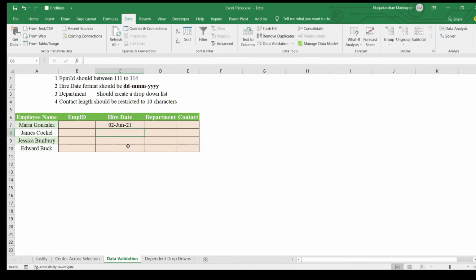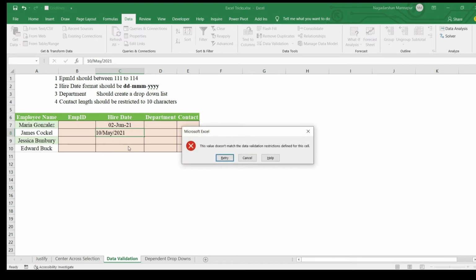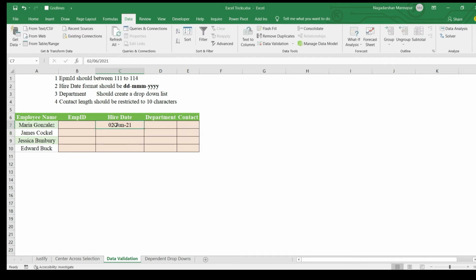Or if I enter last month's date, 10th May 2021, it won't accept. I just restricted from 1st to 14th June. Between that, I need to write the dates. So this is how I can put restrictions for dates as well.